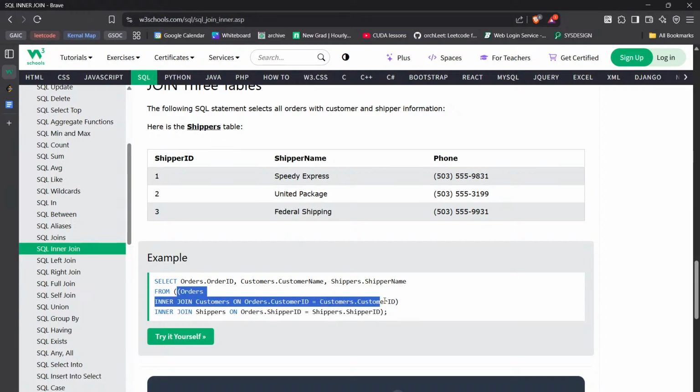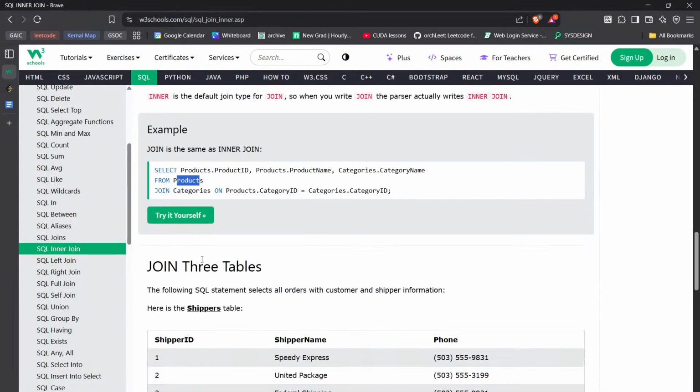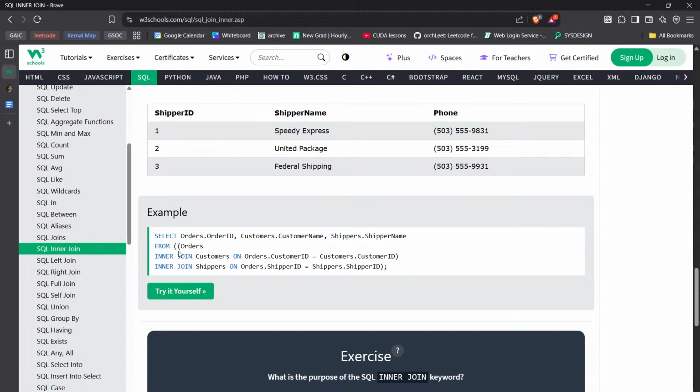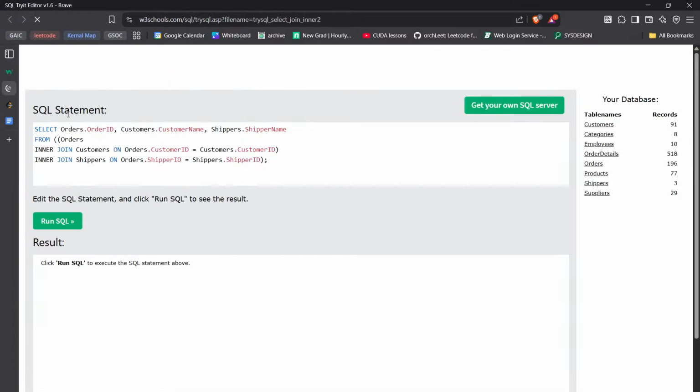So second column is from orders, and then order inner join customers on this, and all of this is inner join shippers on this. Usually what do we do? From products and then join categories. Here what we did, from orders, let me type this myself, from